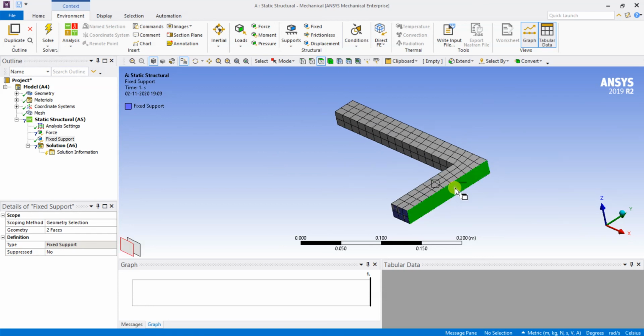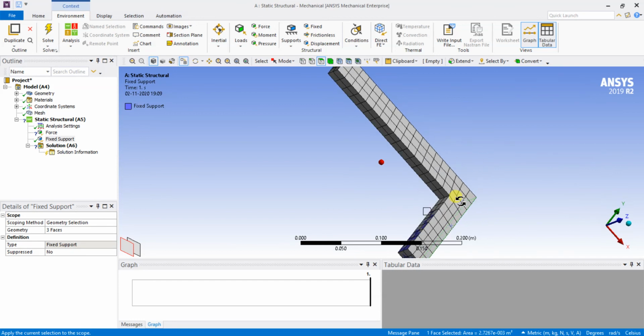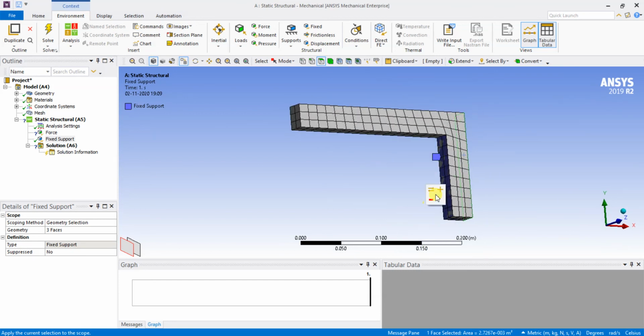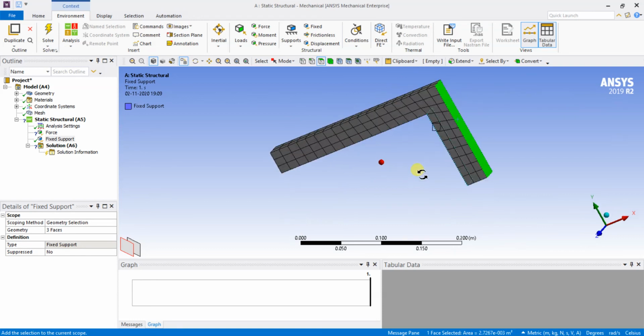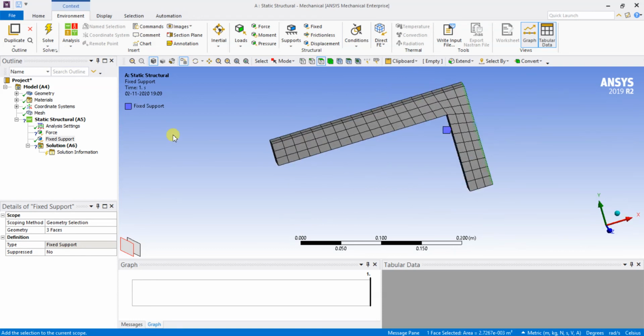Select by pressing the control option. You can also click plus, so that this geometry will be added. Simply by selecting this, and if you select minus, this geometry will be removed. If you select plus, the geometry will be added. I have added the three geometries, that is this area indicated in green color, and these two blue colors I have selected. That is the geometry I'm going to fix.